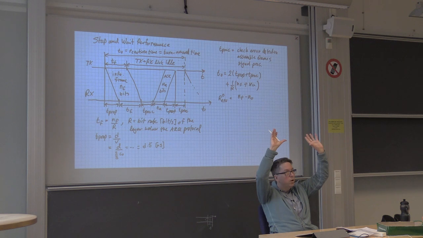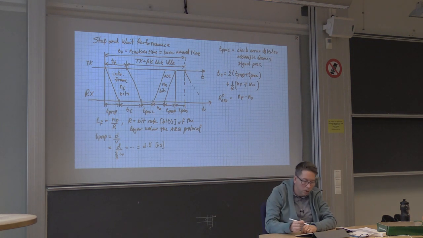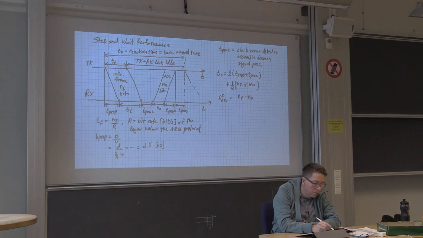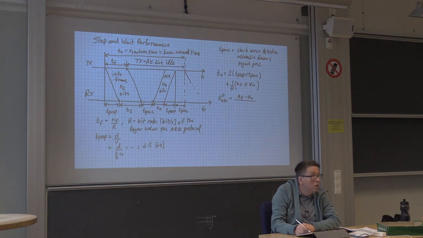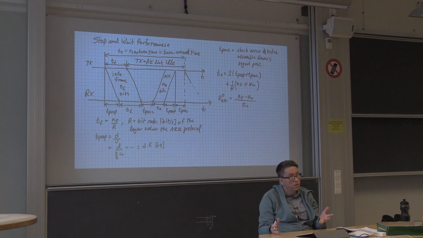And the layer below me wants to transmit the service data unit, the number of bits, and that takes T0 seconds to transmit. So the number of service data unit bits is NF minus NO, where NO is the header bits, the CRC bits, and so forth. And then we divide through by the time it takes to transmit that frame. And so that's the effective rate.